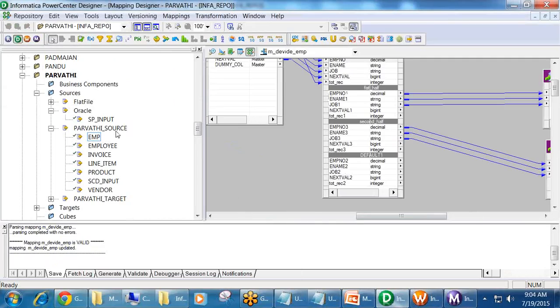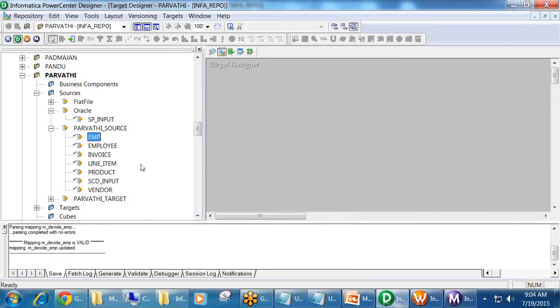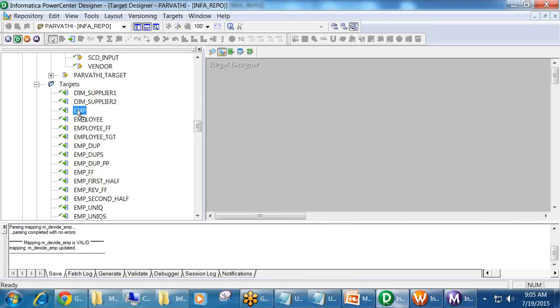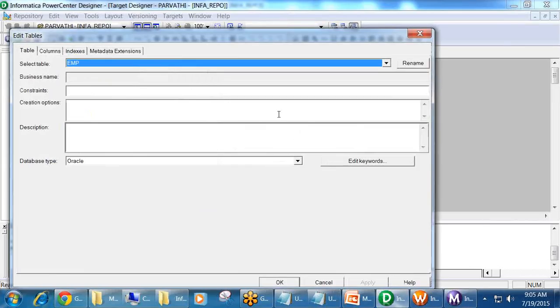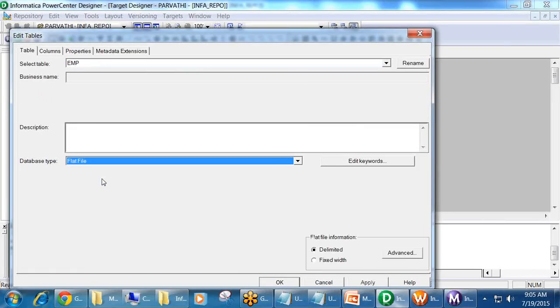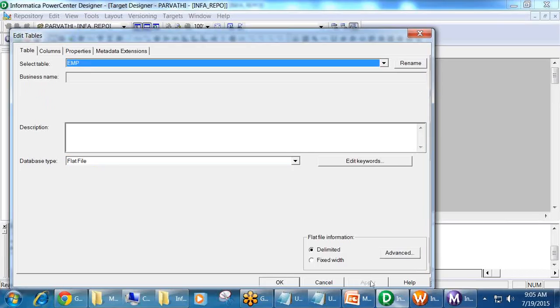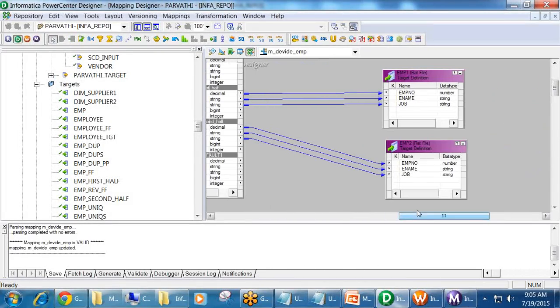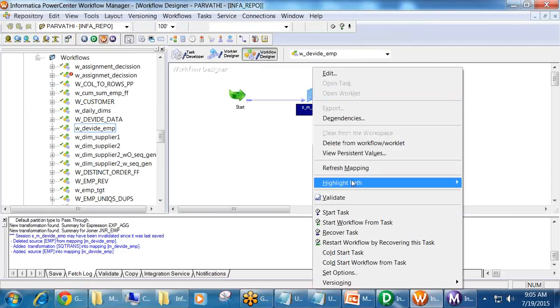Let me just convert employee 1 and employee 2 into flat files instead of targets. You don't have that, that's fine, let me create that. I just pulled the targets from the source itself. That's all. I'm just changing this to a flat file. Okay, now it is a flat file here. Anyway, these two are flat files. So if I refresh the mapping,